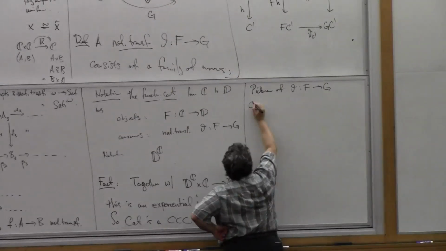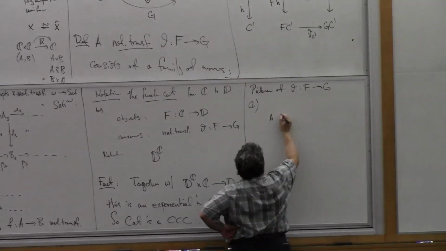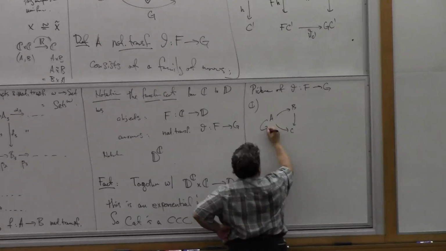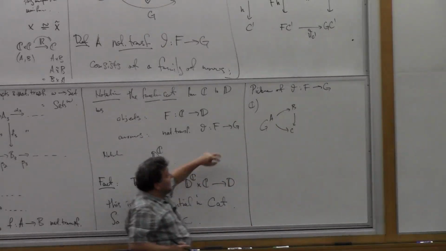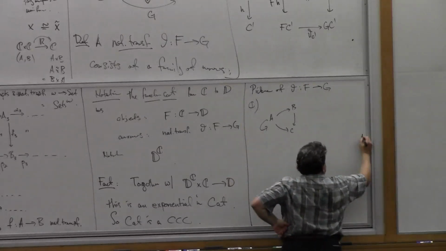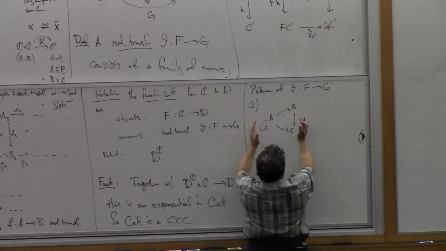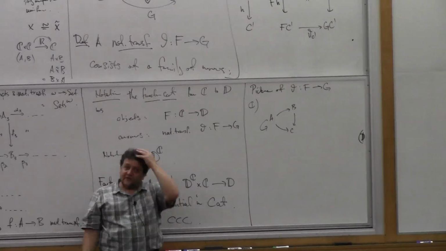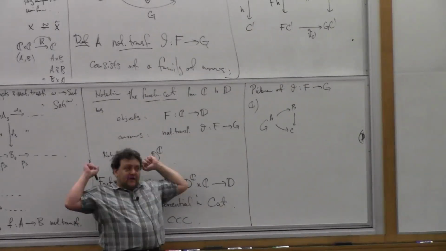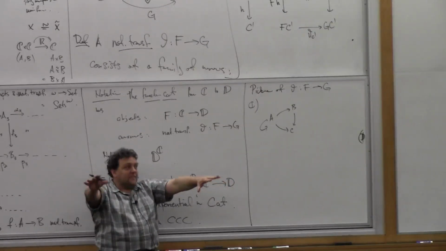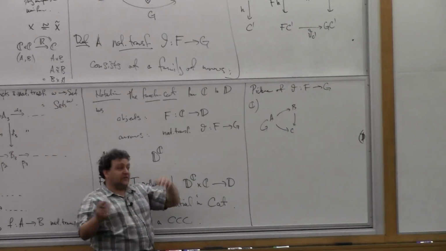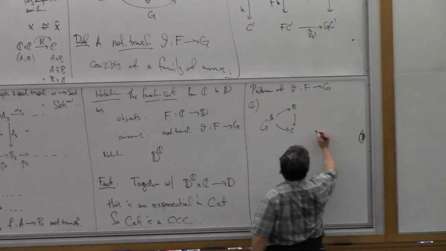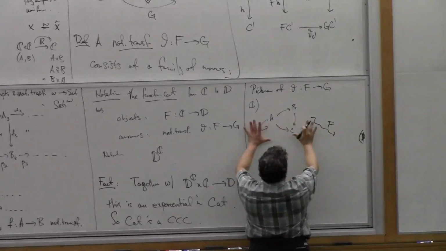So here's the category C, say, right? It has some objects, A, B, C, some arrows between them, composites, some identities or loops, right? And now we have these two functors over to D, right? A functor is a picture of one category in another category. That's the way to think of a functor, right? It takes all the objects and arrows in one category and gives you an image of them over in the other category, maintaining all the relations of mappability between the objects and even the relations of composition of mappings and so on. So the functor F, which is going like this, gives me a picture of this category over here